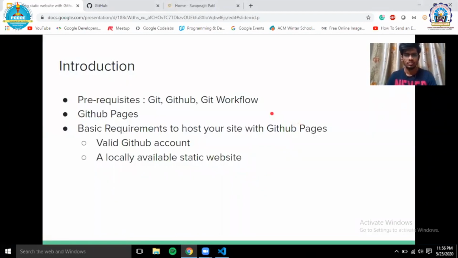So there are some prerequisites for this video, that is Git, GitHub and Git workflow. Git is basically a version control system that allows you to track various files of your project. This version controlling is very important if you are working in collaboration with your teammates or your project mates. So you need to keep track of files, who has updated which file and at what time. For this purpose, Git helps you with the version controlling. Whenever a file is updated, a new version of the file is created, and the logs of that file along with the versions are maintained.